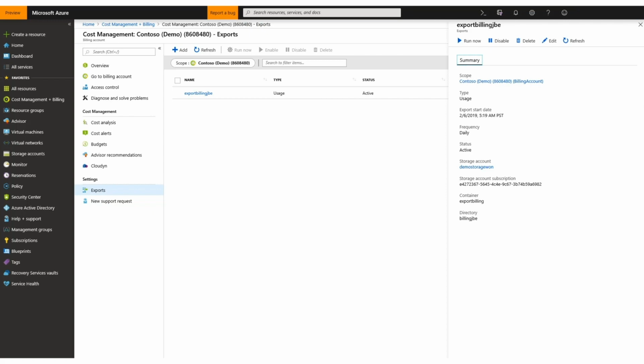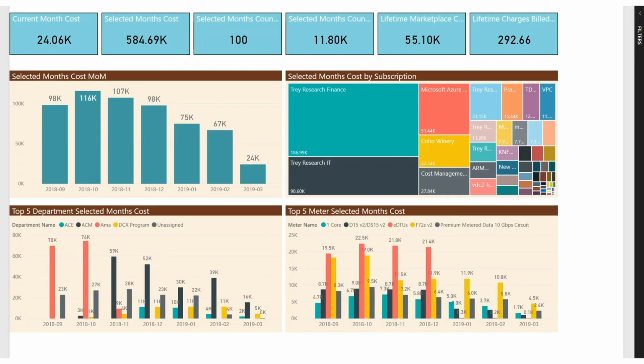in your environment. With Power BI, you have the option to create your own custom views and dashboards using the Power BI connector, or you can just use the Power BI content pack, which provides a rich set of canned